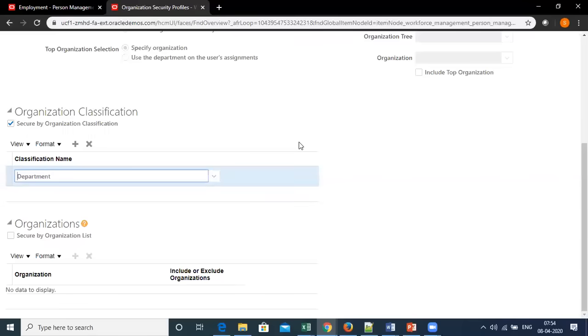If I'm working in the IT department and I have my security profile attached to me, then I will have access to details of employees who are working in that same department, the IT department.